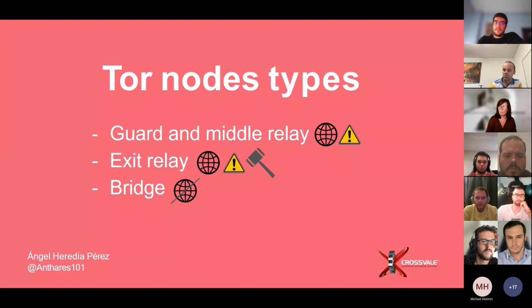The last one, the bridge nodes. These nodes are not published by Tor and need to be manually entered in the Tor browser configuration to be able to use them. They are used mainly by people living in countries with strict regimes, where access to information is very limited, and obviously access to normal Tor nodes or VPNs is forbidden, like China, Russia,